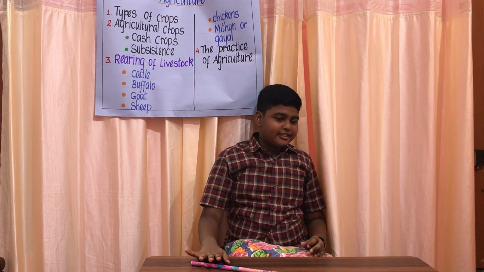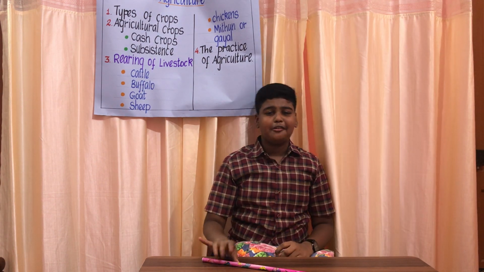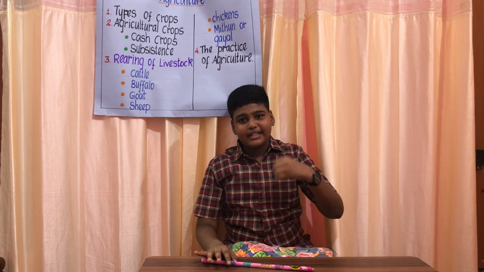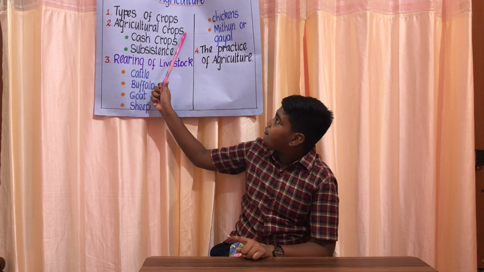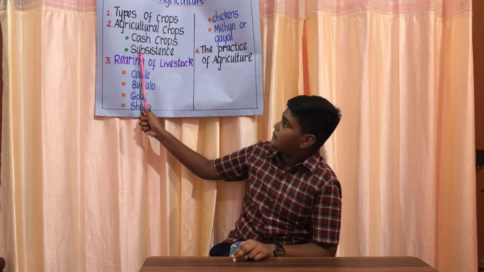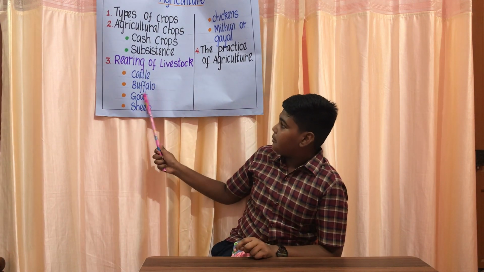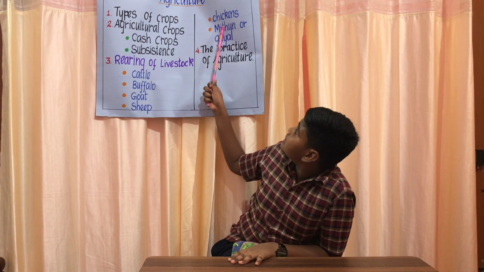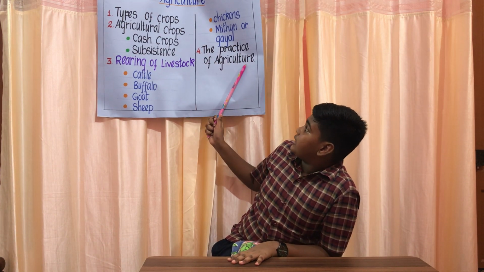Another fantastic thing I'm going to tell you: 70% of rural households in India are still dependent on agriculture for their daily lives. In today's class we learned about types of crops, agricultural crops, then cash crops and subsistence crops, then rearing livestock, which are cattle, buffalo, goat, sheep, chickens, and mithun or gayal. Then we learned about the practice of agriculture and the modern